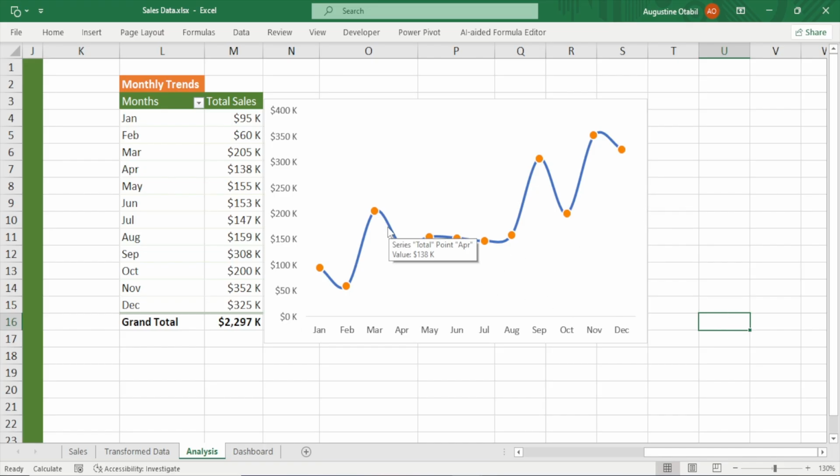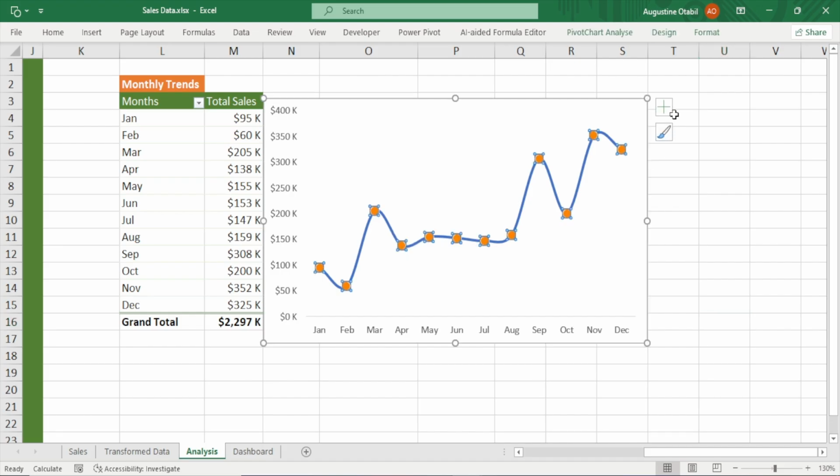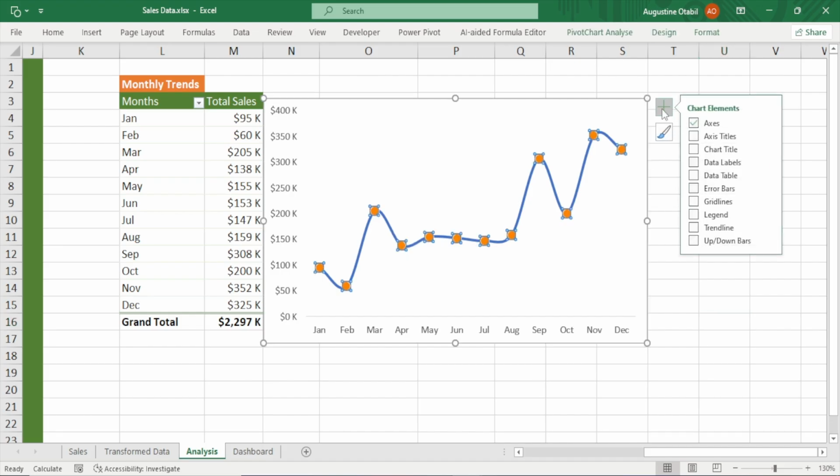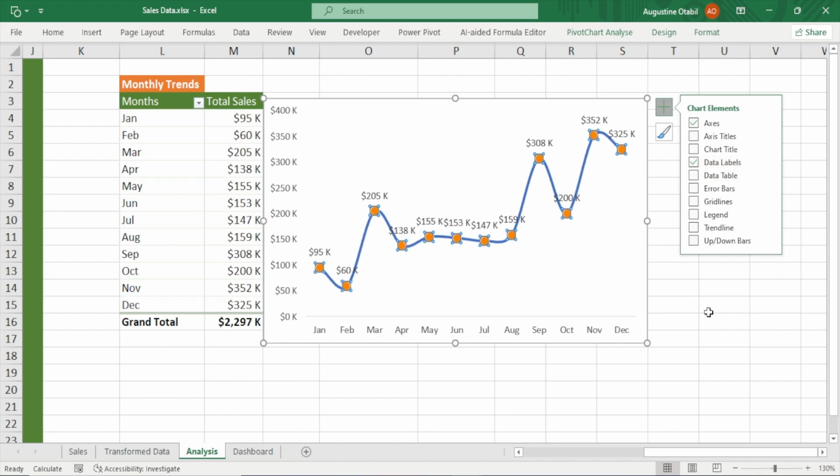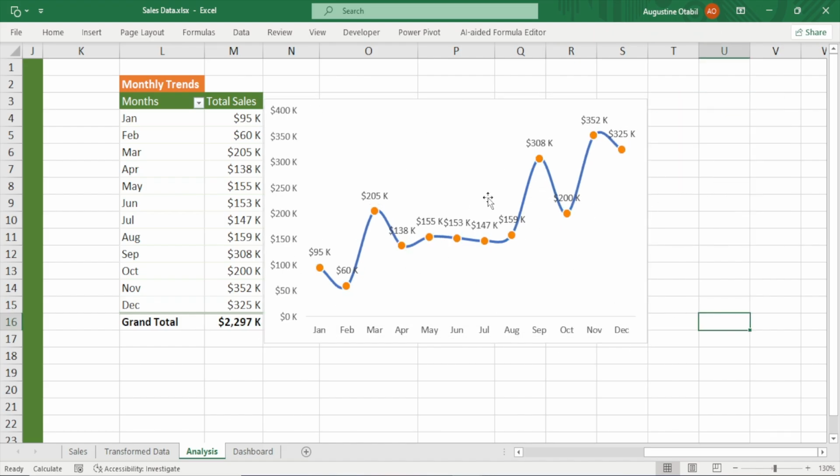So for now, let's select the chart. Click on the plus sign here, and then let's activate the data labels. Make sure the data labels is checked. When it is checked, you see we have the data labels for all the months. So this is for January, February, March, April, May, and so on. So what we want to do is,